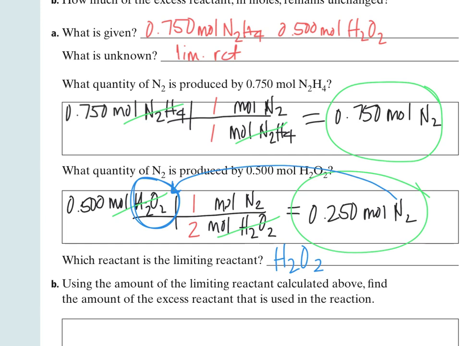So here's the thing that I want to show you guys though. When you do this, a lot of times you guys will tell me that N2 is limiting, because 0.25, you produce that much nitrogen gas. Why can N2 not be the limiting reactant? What's the product? It's a product. So go back up to